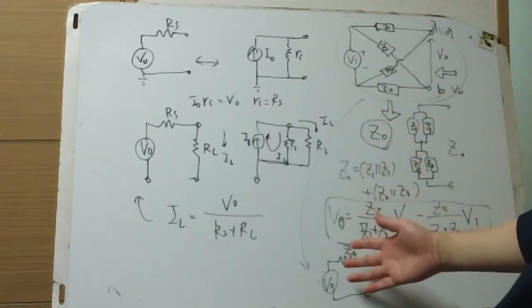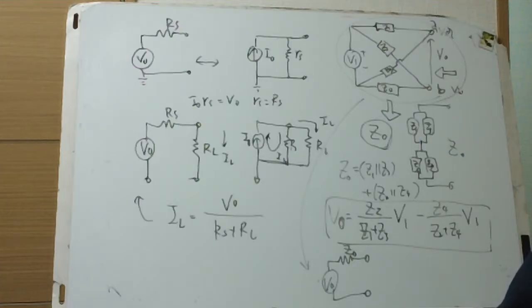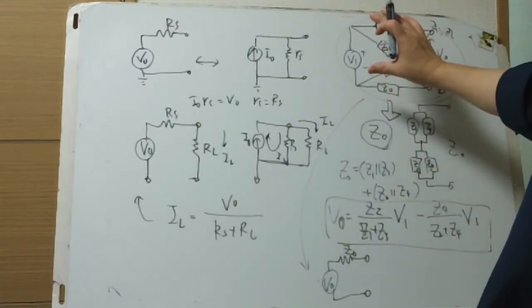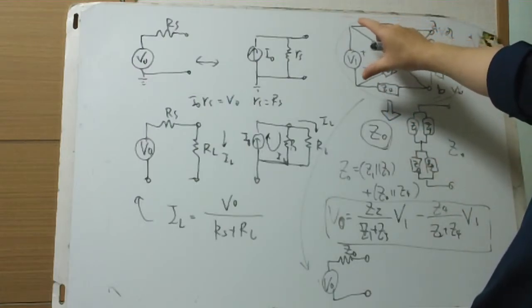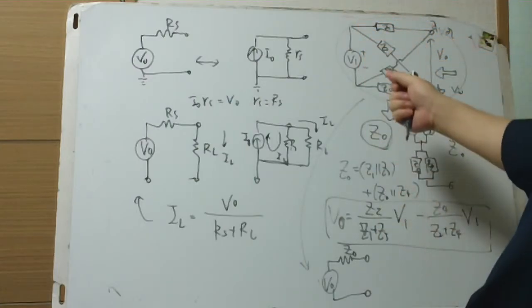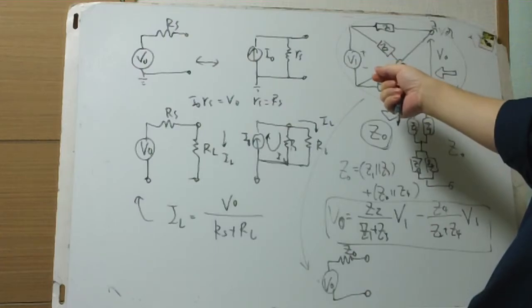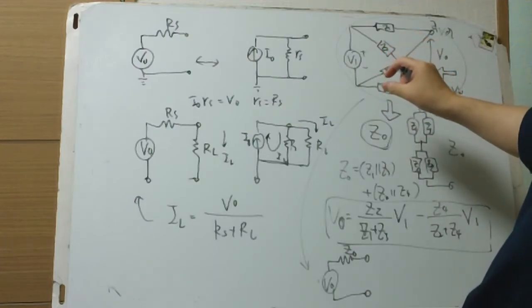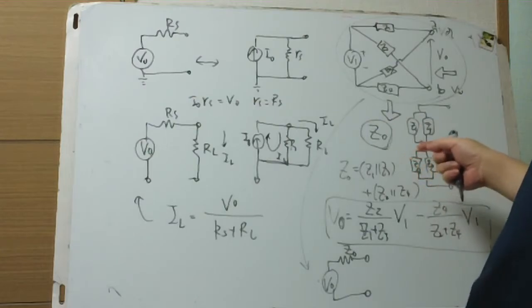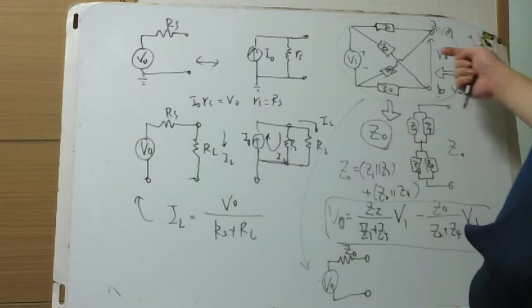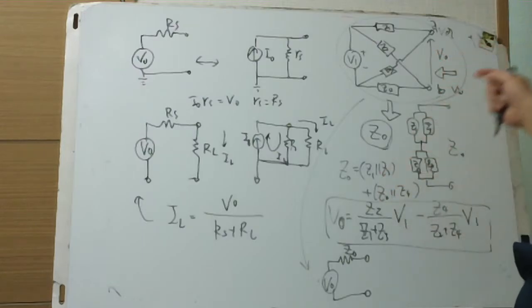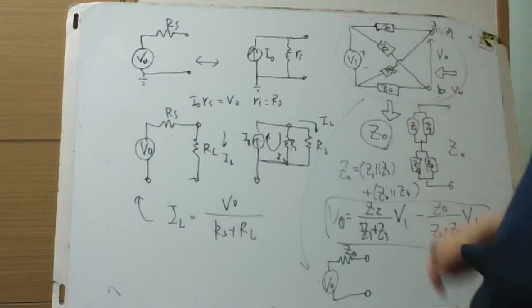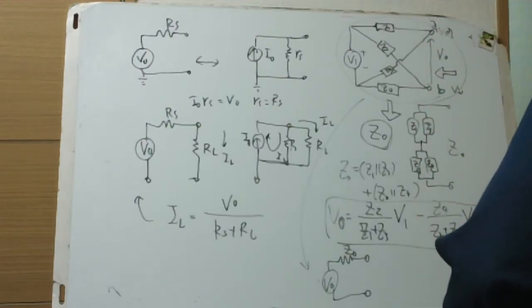And using this procedure, on the first step, short all the voltage sources and open all the current sources, idealized sources, to find the output resistance, looking into the output port, and